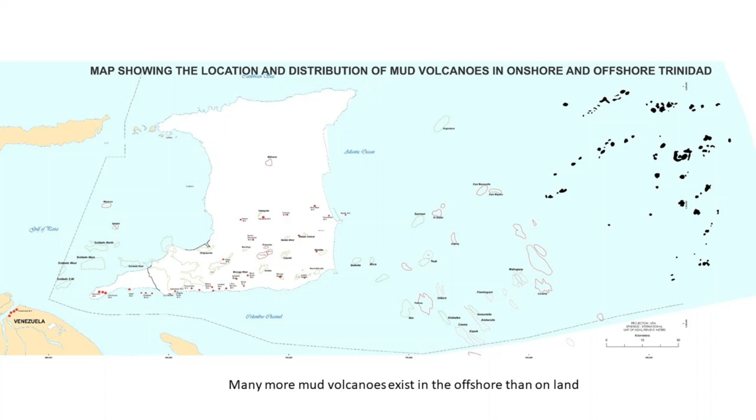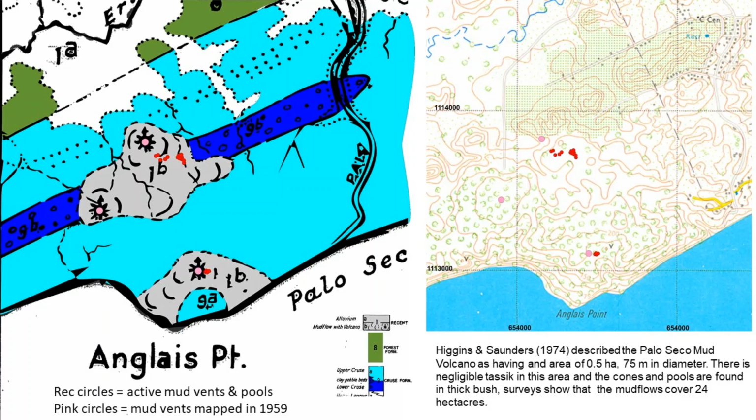Many more mud volcanoes exist in the offshore than on land. On the left, the Kugler surface geology map indicates that the main structural element in the area is the southern anticline, which is made up of Cruse age rocks with a core of what has been called the lower Cruse clay pebble beds. Higgins and Saunders described the mud volcano as having an area of 0.5 hectares and about 75